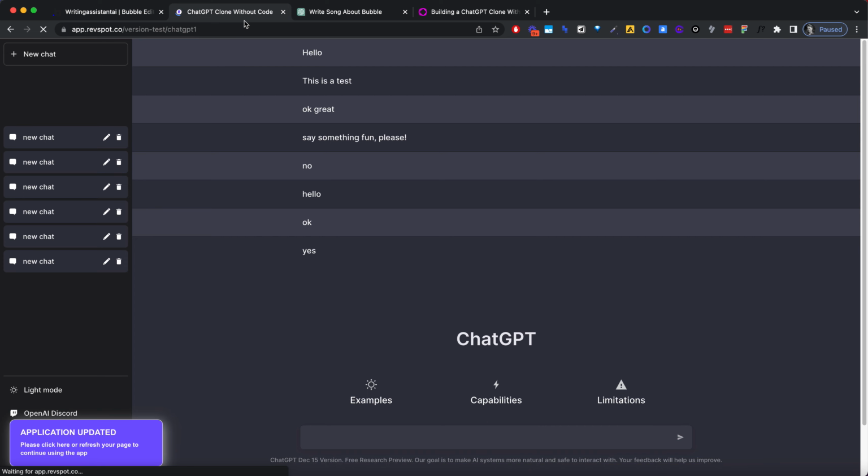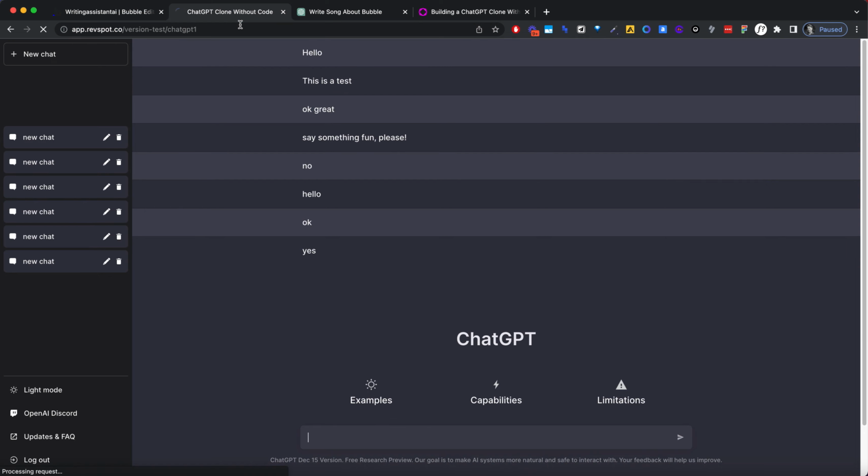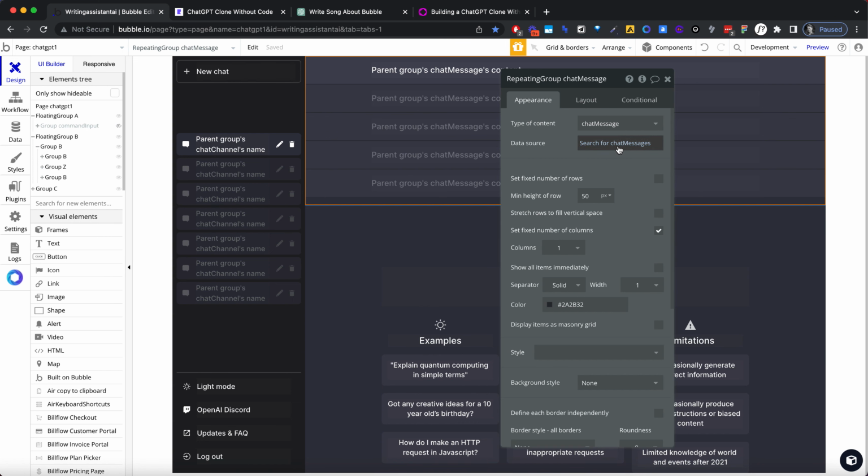Okay. It just loaded. And this is always searching for chat messages, because I'm searching for all chat messages. This should also not be